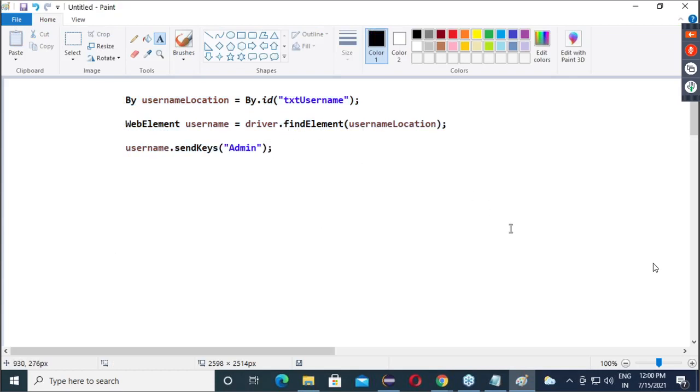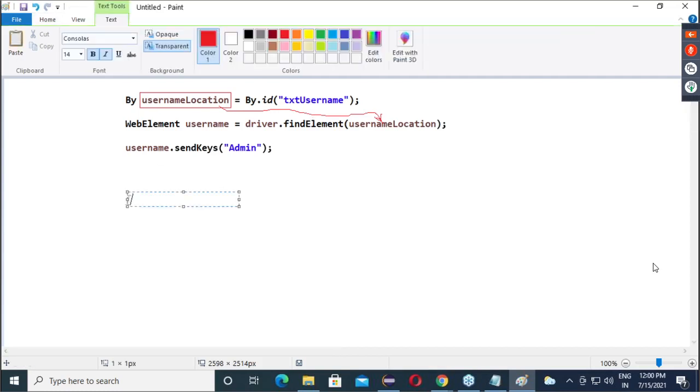Here we are identifying this with By.id, and this is our username location. So at the end of the day, can we say this username location you are transferring here? Username location is equal to By.id. So can we do like this?